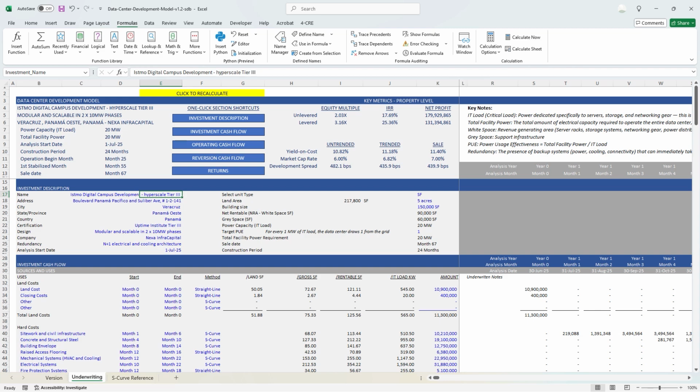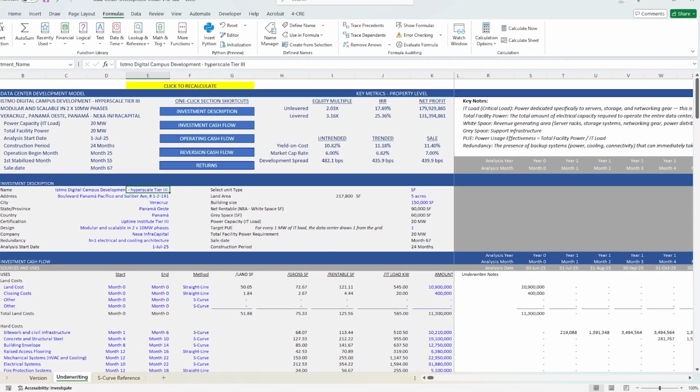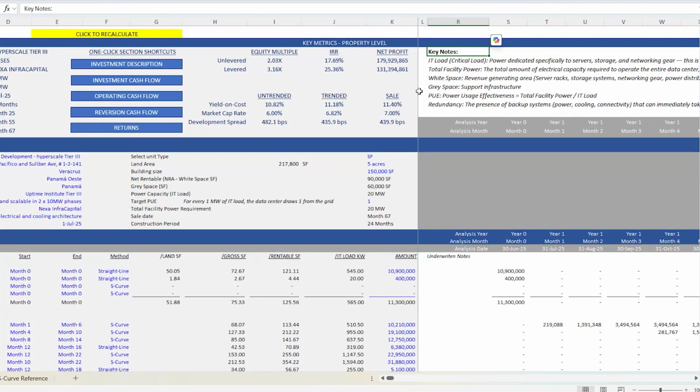And again, that's because these centers are generally used to house, say, servers, and those servers are going to serve purposes like cloud computing or AI, artificial intelligence generations and or training, right? Those sorts of uses. And these servers are relatively small, and they come in these racks. And so the amount of space that is stored here matters a bit less than the amount of power that these consume. And so Arturo, to help you out, added some of these key notes here where he talks through